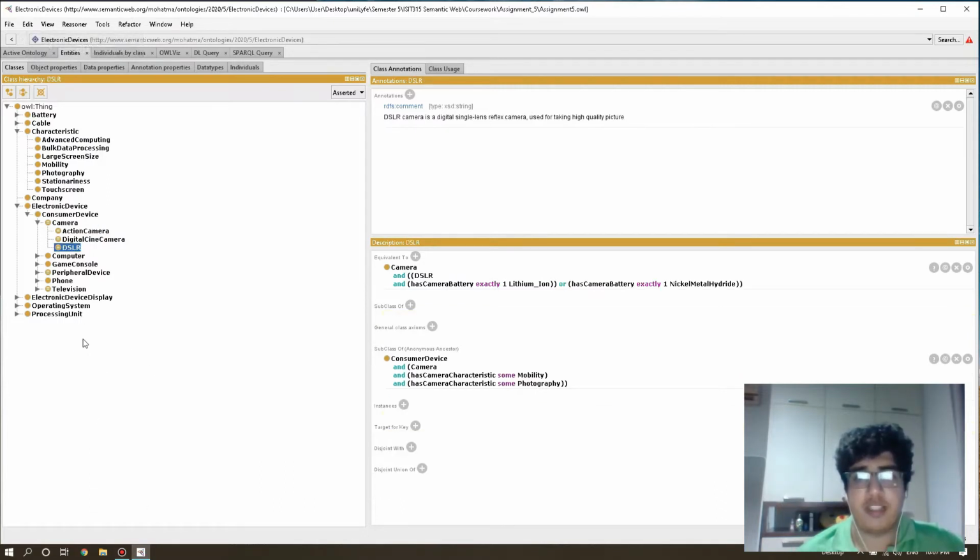The DSLR defined subclass over here refers to a digital single-lens reflex camera, which is used for taking really high-quality images. Now DSLR subclass here is also defined through equivalent characteristics, whereby the DSLR is equivalent to camera and DSLR, whereby it has a camera battery of exactly 1 lithium ion, but the key difference to the action camera is that it can possibly also have exactly 1 camera battery of type nickel metal hydride, which distinguishes it from